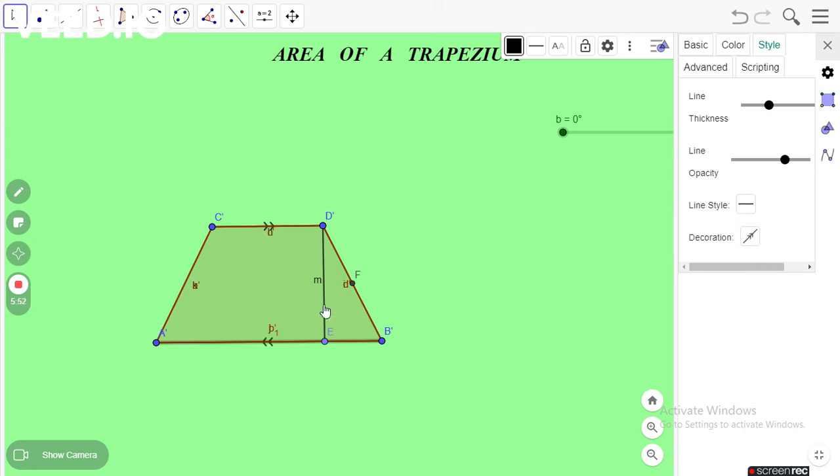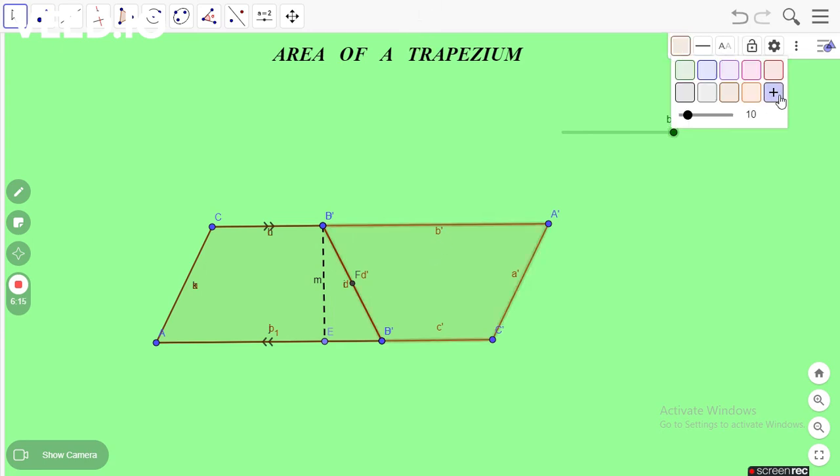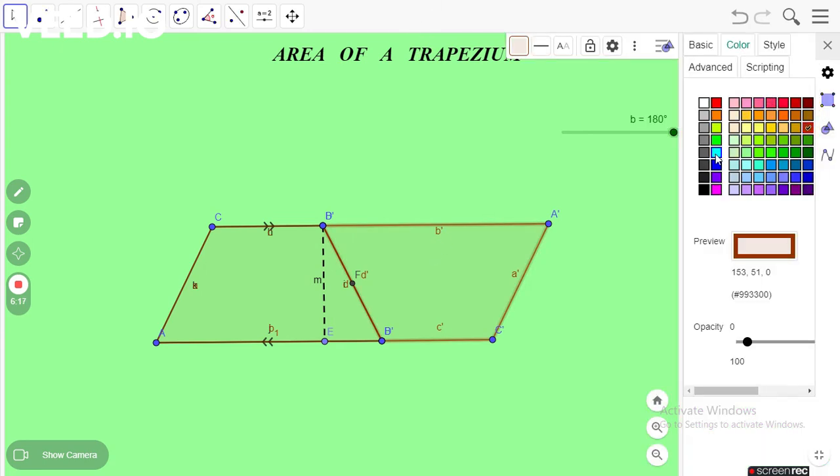After that, the segment DE, we will decorate and style the segment. After that, we can color the trapeziums, this and this.